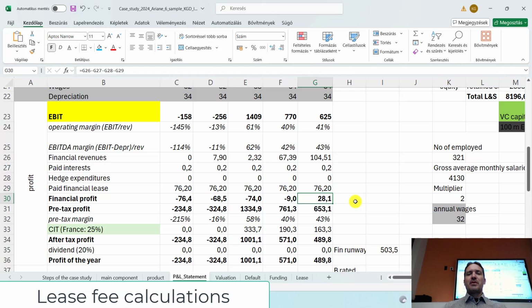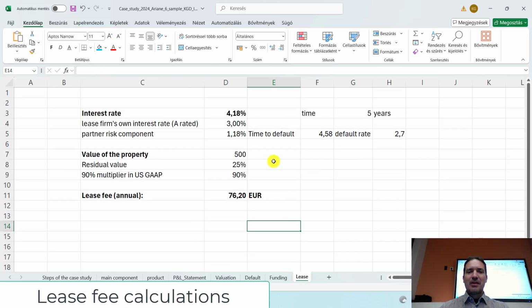And here is the problem. After 5 years, when the lease contract expires, we have to be able to buy back this asset. Otherwise, we will not have this property later on. So here we have to decide what will be the residual value. Right now the residual value is this